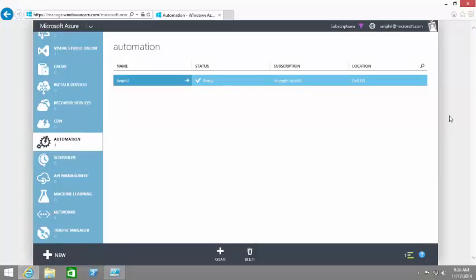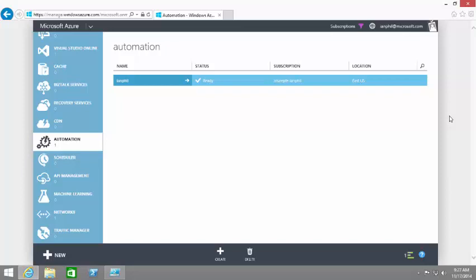In this demo, we will set up our Azure Automation account and create a Hello World runbook from the gallery. This particular runbook doesn't require any assets. By the end of the demo, you'll have an automation account and we'll have reviewed some of the concepts we've already talked about. So the first thing you want to do is log into the management portal at